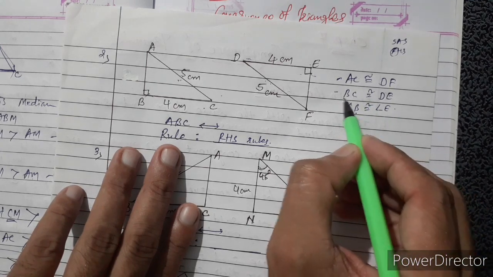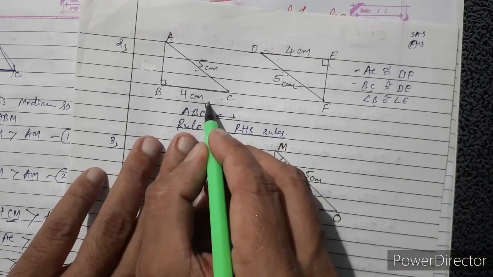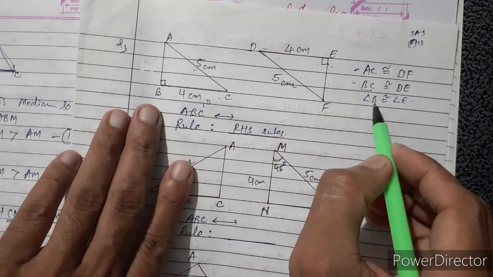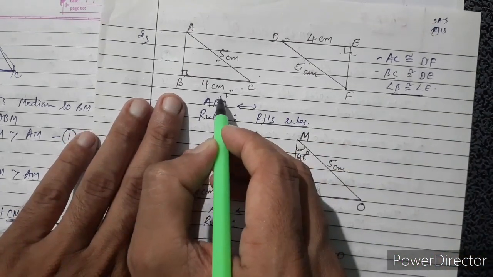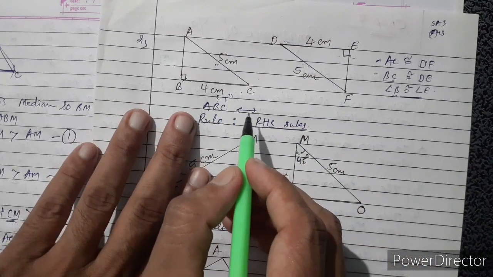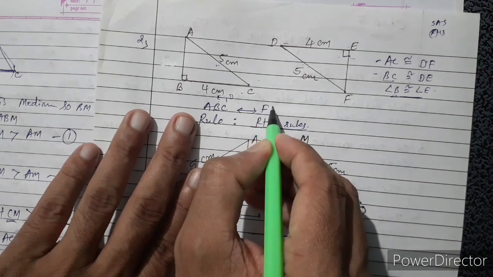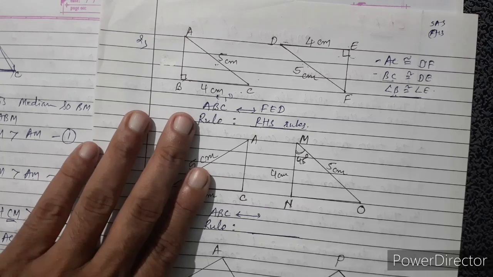Okay, AC and BC, C is common, and here D is common, means C with D. Okay, and B and E are equal, so we know that. So B with E is there, so what is left? That is F. So A with F, so F E D. Okay, otherwise what to do?